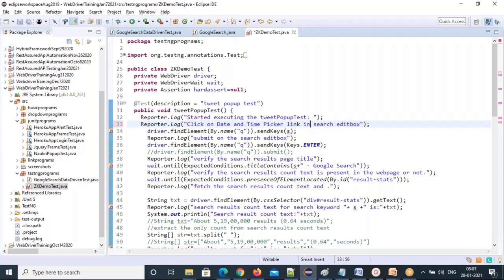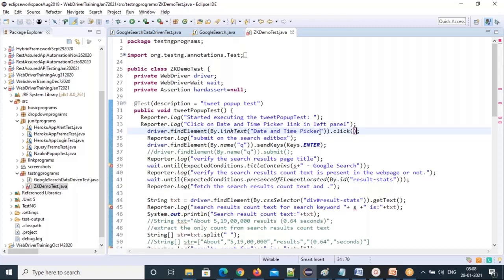Link in left panel. Left panel, you do that. Just we clicked on this. So driver dot find element, click. The method name is coming in the step name itself. Driver dot find element by dot. So if it is a link, what locator do we need to use? Link text locator. So then date and time picker value, you can pass it here. That's the link name. Dot click method. That's it. So you clicked,